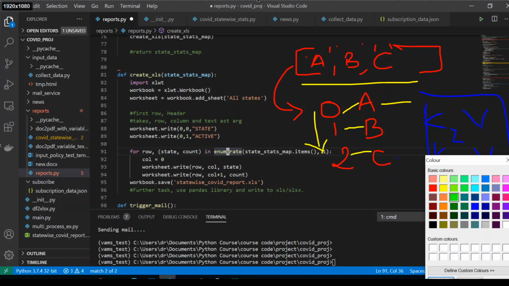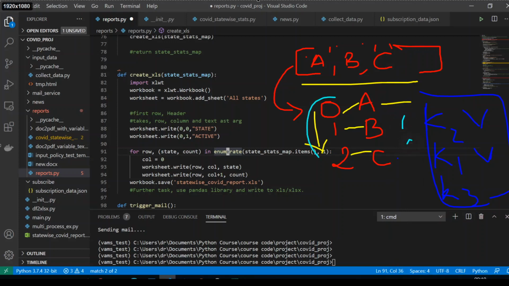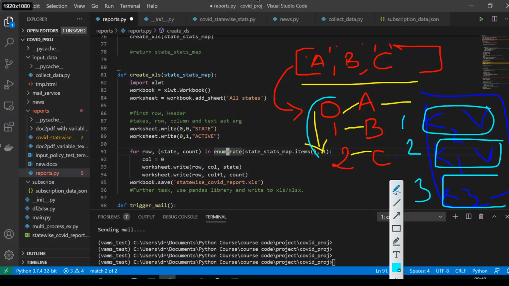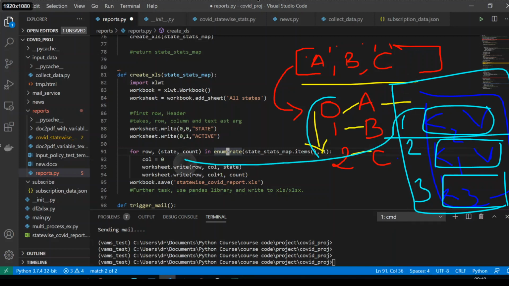As I said, if you start with any number, it will assign that number to the first element. So it will start with 1, and then it will just increment by 1, and these key value pairs are enumerated like this. So this is the imagination, and this is what we are getting.